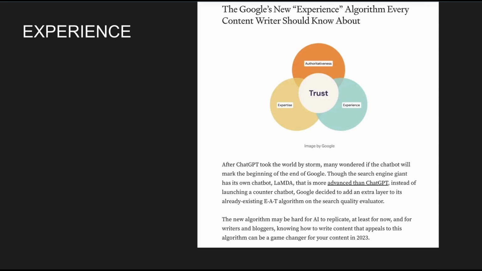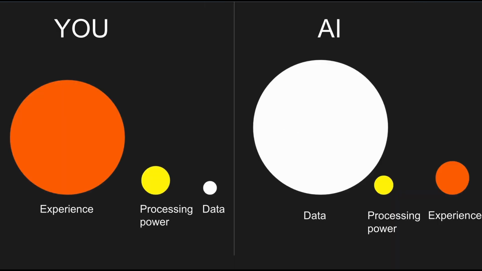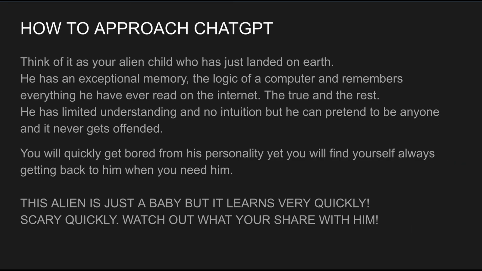This will change very fast, in just a matter of weeks, maybe months. AI can have more processing power than us and the human brain, and it can have more experience than we have. So it will have more data, more processing power, more experience, which means it will definitely become better than us. And the other thing is sentience and consciousness and stuff like that. So this is my version of how I think about it.